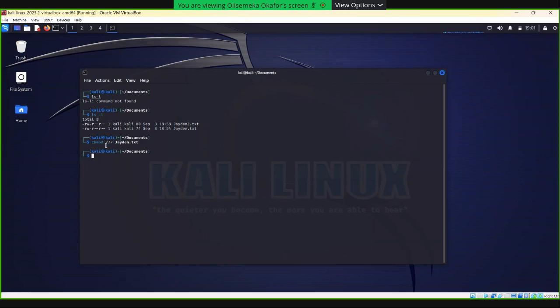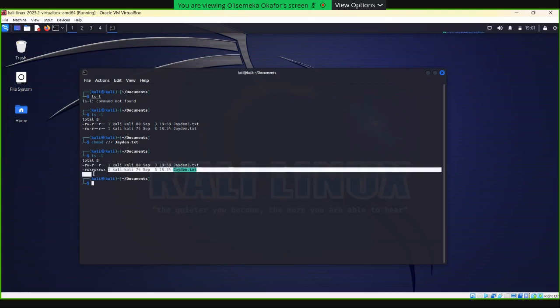Now that we have typed chmod 777, let's see what happens when we do ls -l again. You see what I see? Yes. So before we had RW, R, R, but now we have RWX, RWX, RWX. Do you know what that means?